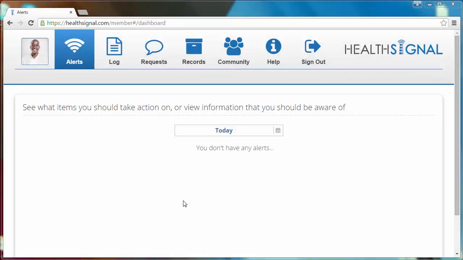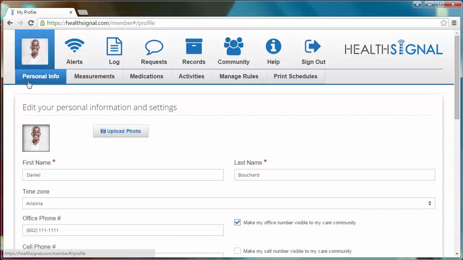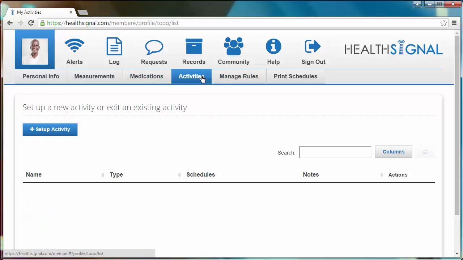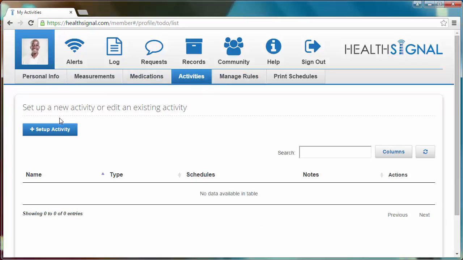If you would like to begin tracking a new activity on your HealthSignal account, such as dieting or exercise, you can do so with HealthSignal's Activities feature. By logging into your profile and clicking on your profile page, you can navigate to the Activities section, which is right next to Medications. From here, if you click on the Setup Activity button, it'll allow you to set up